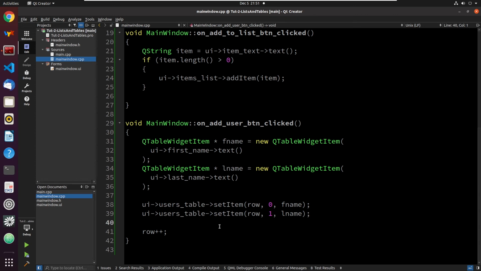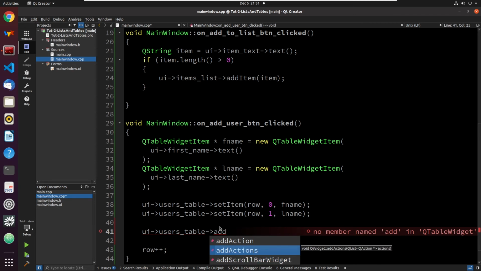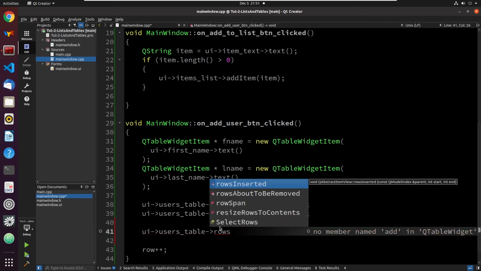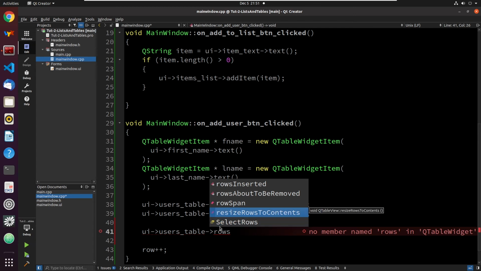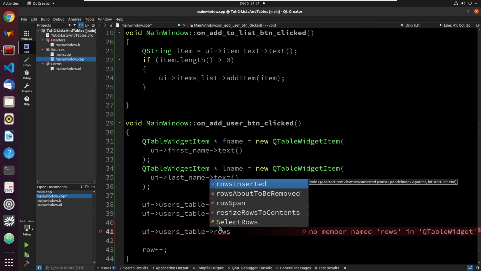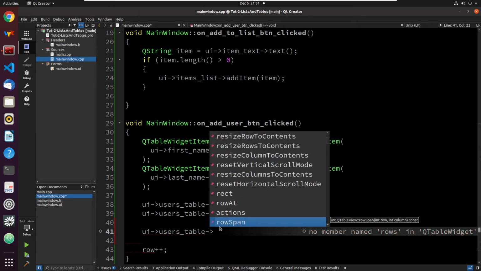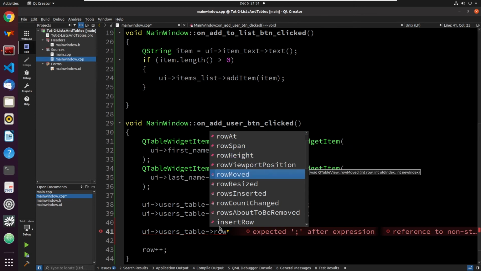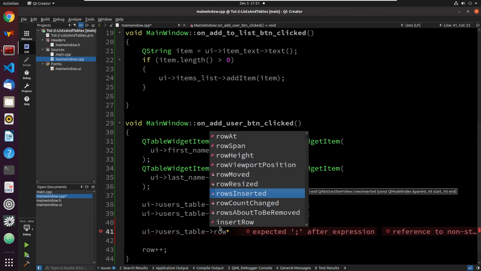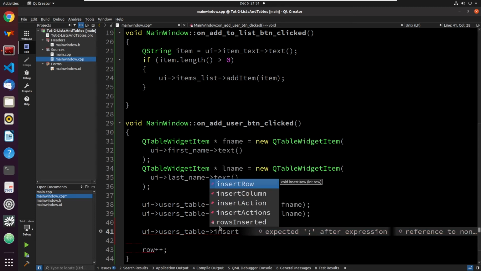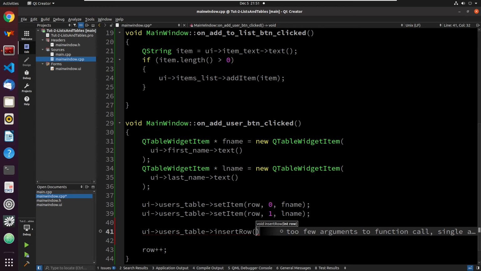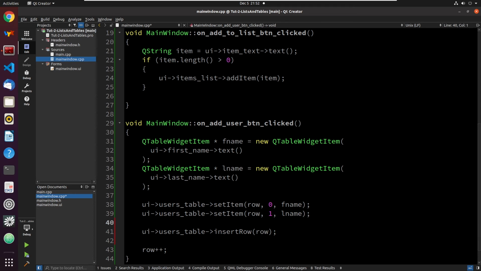So I believe there's add rows, resize rows to contents, select rows, row span, rows inserted, rows to be removed, row height, row moved, row resized, rows inserted, insert row. What we could, I believe, do is